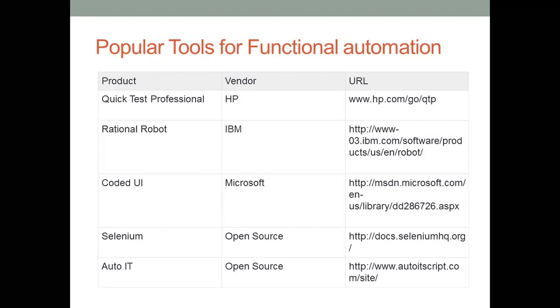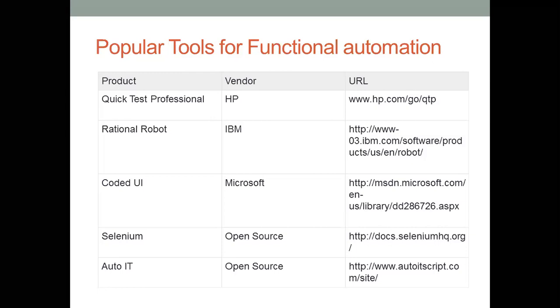If that tool is open source, then you can directly download it from that URL. You will get all the documentation. But if it is a paid tool, then you have to purchase it. So the first three tools are paid tools. To download and use them, you have to pay money and then you can use them. But the last two are open source. That is, you can freely download them from the internet and use them in testing.